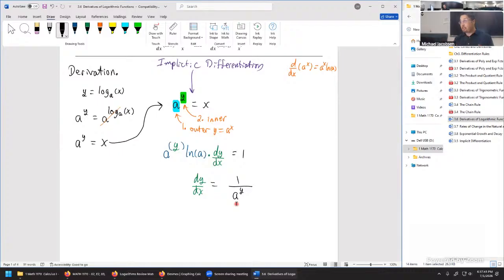And to some degree, it feels like we're kind of just stuck right here. But we're not really, because we started with knowledge of what y actually was in the first place. We said y is log base a of x, the thing we want to differentiate. But we didn't know that derivative, so we transferred it into an exponential function, so we can use the exponential derivative. But what that all means is we can plug y back in on this very bottom down below here. So now dy/dx equals 1 over a to the power of, put in a substitution for y, log base a of x,